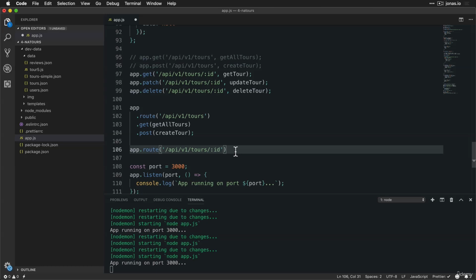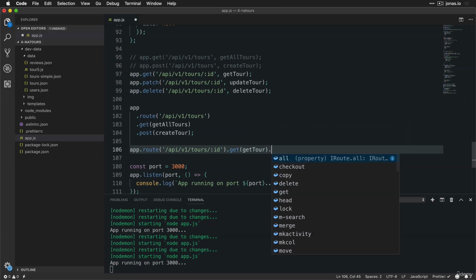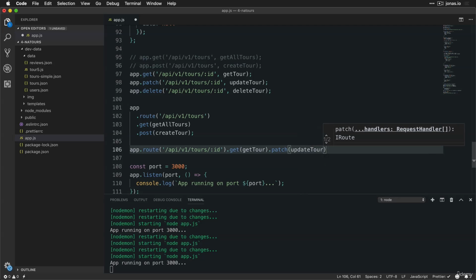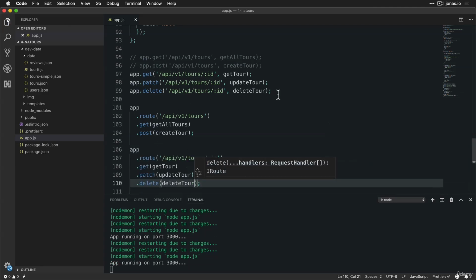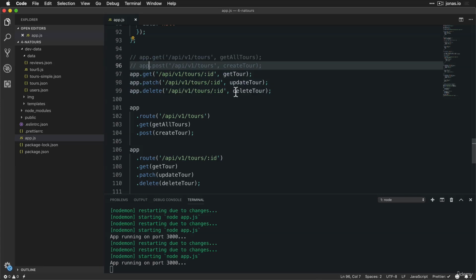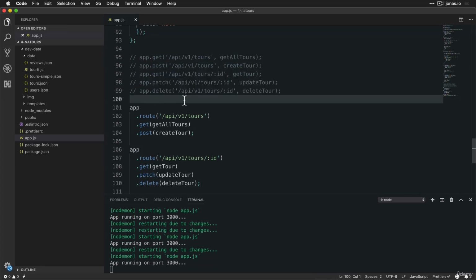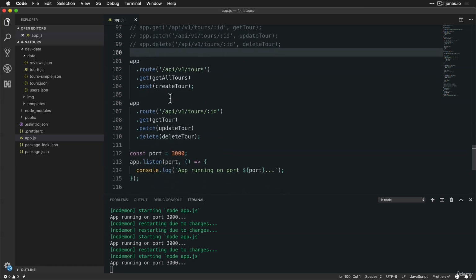So we have this URL, and now we will have get, patch, and delete. So this one is getTour. This one is updateTour. Oh, it's already there. And finally, I have deleteTour. So deleteTour. Give it a save. And we can now go ahead and, well, I'm not going to delete it so that we can keep the old code here as well. But this is going to work just the exact same way,